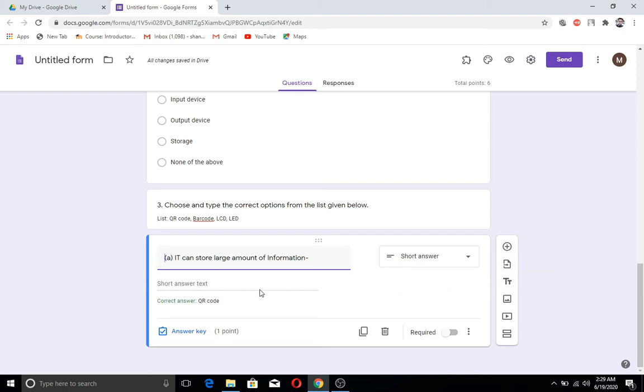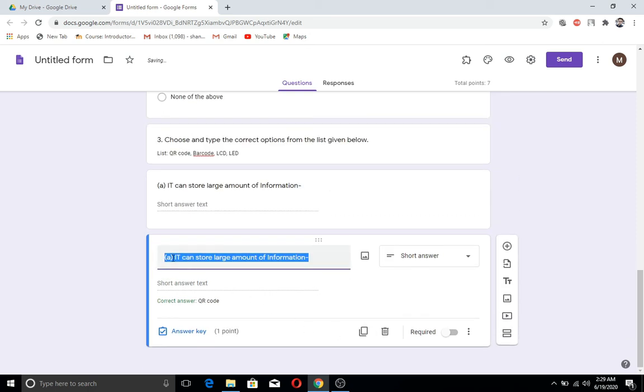So I want to create another question, so I'll just duplicate the question A, and I'll write here. Now I will write a question for the LCD.